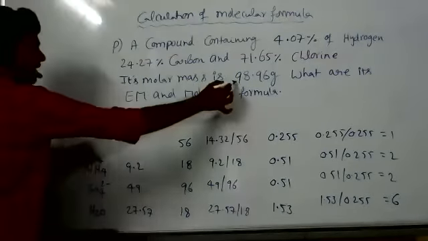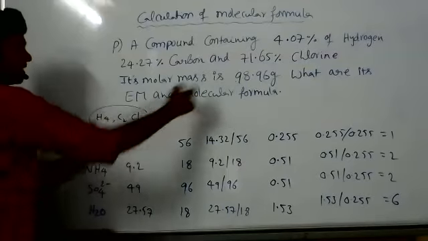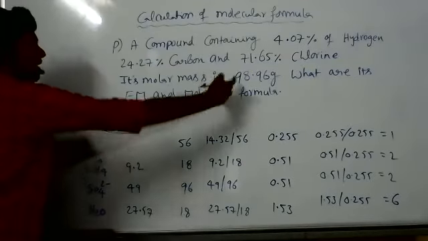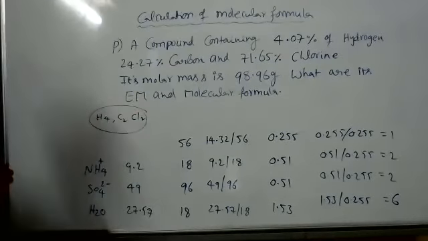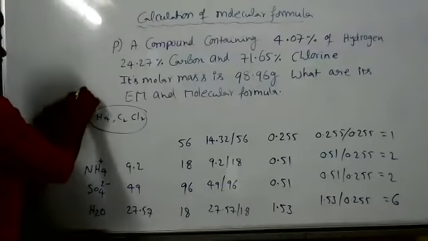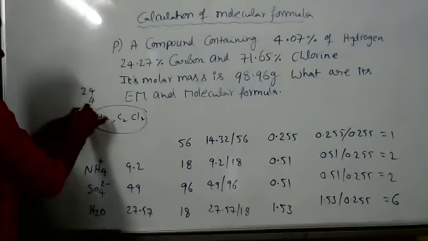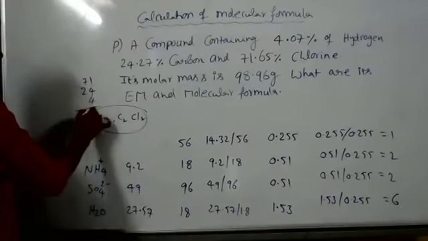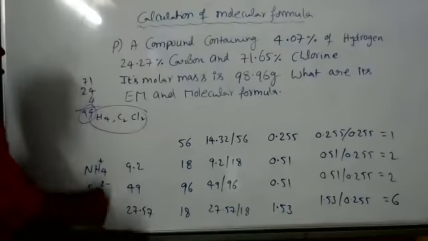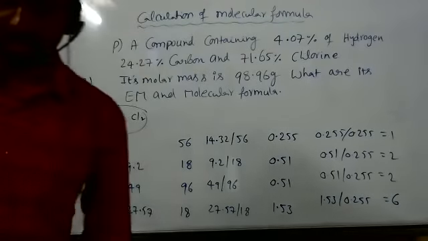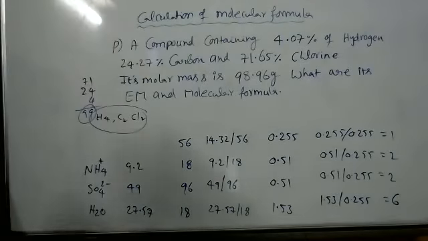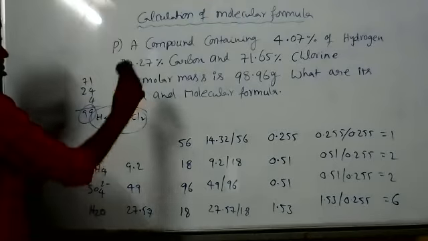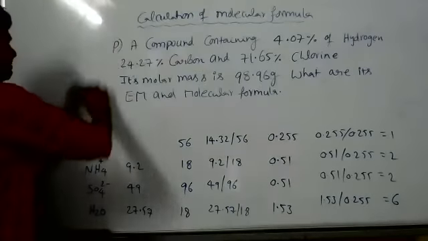And then, after writing this, check with the molecular mass. The given molecular mass is 98.96 grams. Sir, obviously it comes almost the same: 24 plus 4 and 71, yes, 99. Correct. So it is easy. Prediction of the molecular formula is easy, but you have to show it by calculation only.